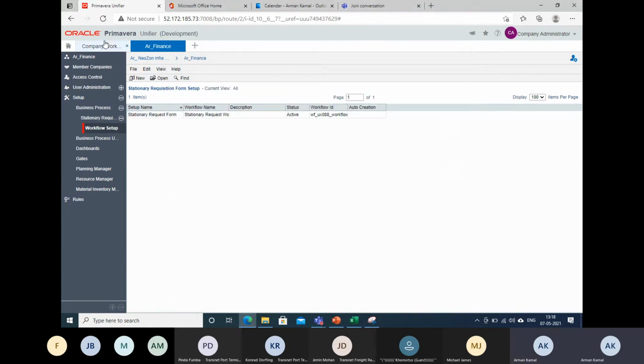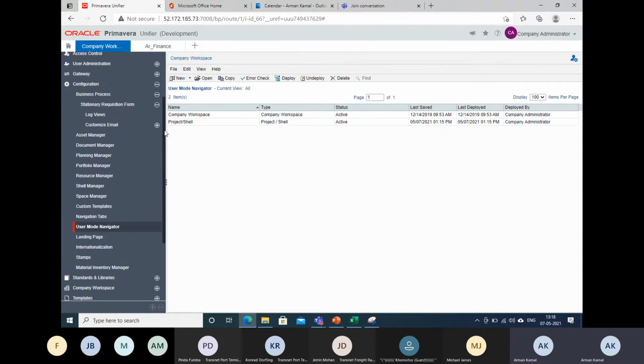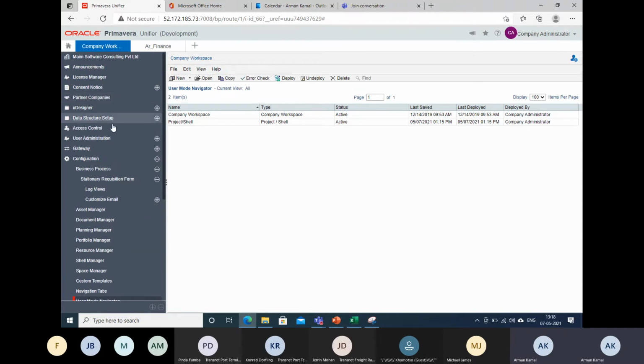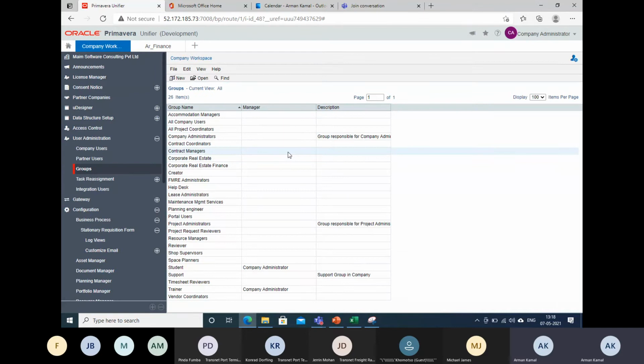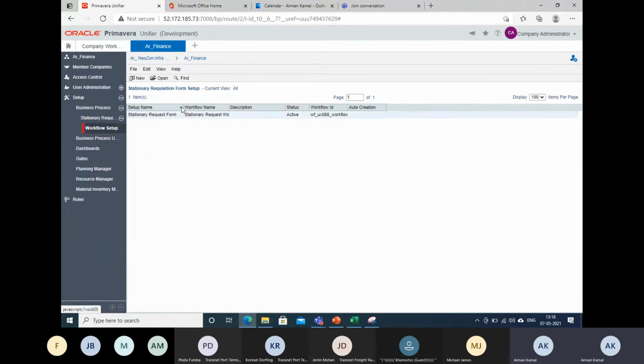I will simply go to the company. It is very easy, very simple. I will go to the user station groups, so I can create a group where all the new employees will be added. This time I will not give access to Pinda individually. I will give access to the group where Pinda will be a user, Arman will be a user and all.